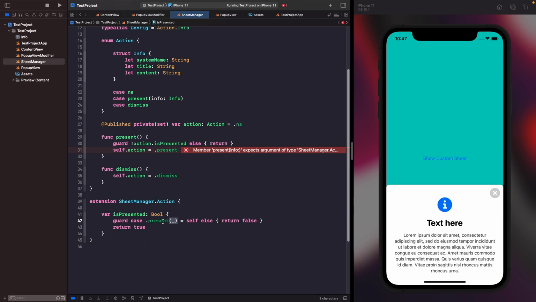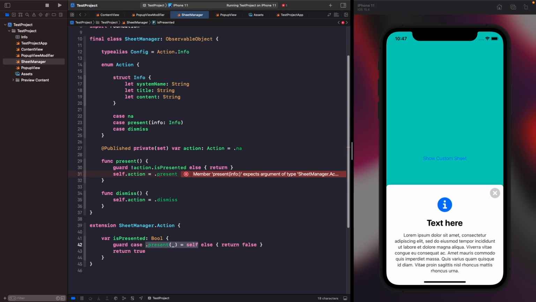So if it does match this present, then we're going to return true, or else we're going to return false. So when you have associated values, you can't just do a standard equals equals to. You can actually do the pattern matching for the associated value case, like so. And then finally, what we want to do is in our present function, we now want to pass in a